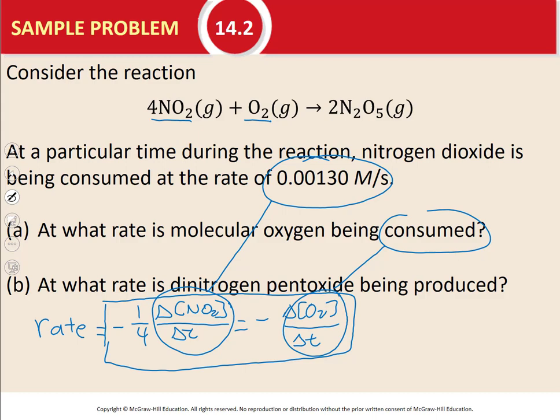At what rate is it being consumed? So at this point, we're just plugging in numbers, keeping track of the fact that because this is a rate of consumption, that's actually a negative rate. So I'm going to just plug that in here. So negative 1/4 times negative 0.00130 molar per second is equal to our negative change in concentration of oxygen over time. I ran out of space there, but equal to this. So negative 1/4 times negative